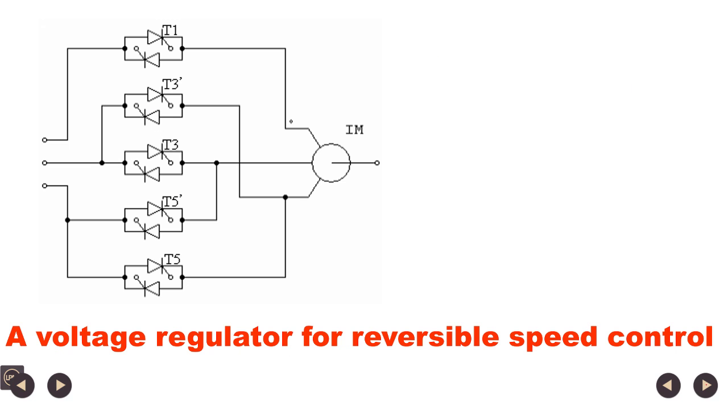Then previous voltage controller circuit C1 or C2, with alpha control, the output voltage is varied. So, speed is varied in forward motoring mode, in one direction speed is varied, but speed reversal is not possible there. So, here another circuit is there. So, like T1, T3, T5, and this is